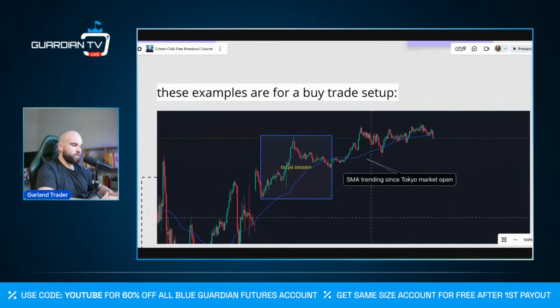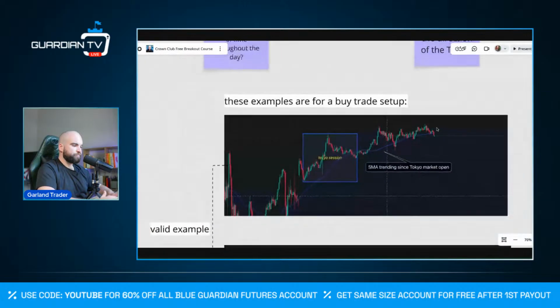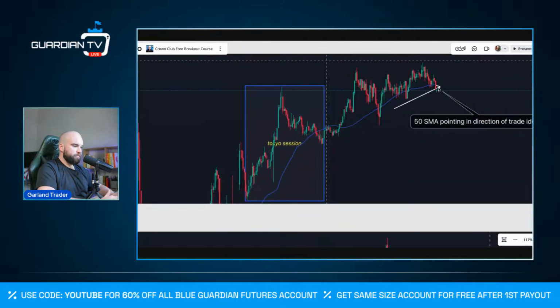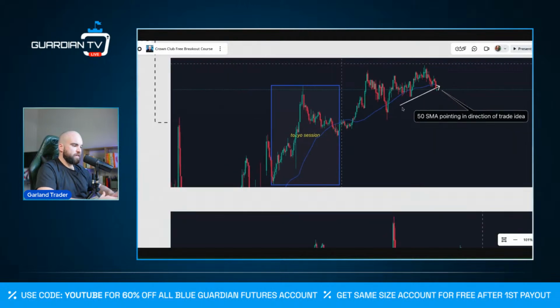So you can see it's pointing upwards. And it's been, since Tokyo session, it's been trending upward. Okay. So similar for this, okay, it's pointing upward, okay, and if we get a buy setup, then it's in our